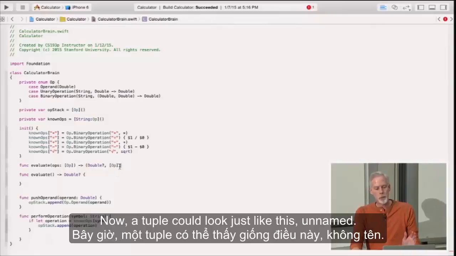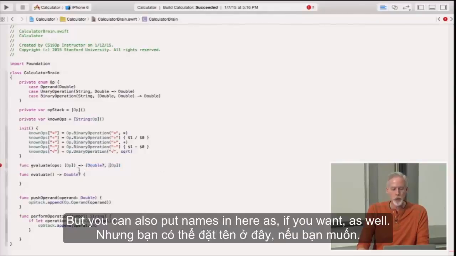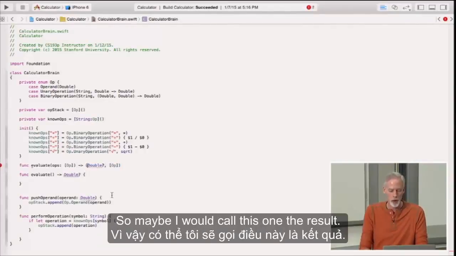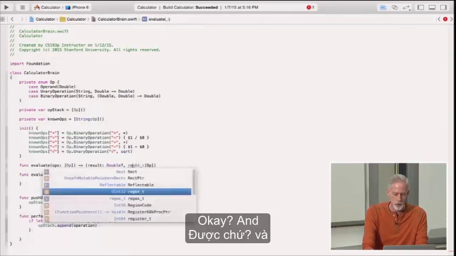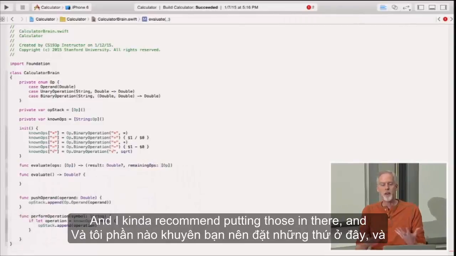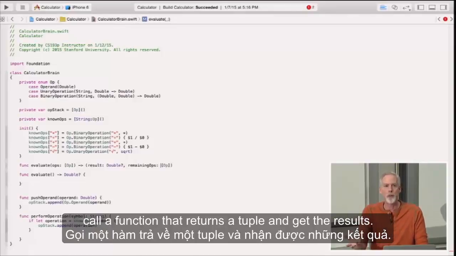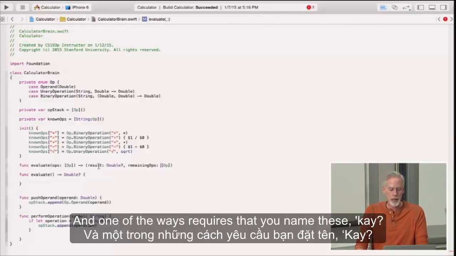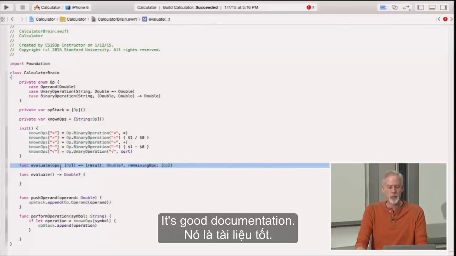Now, a tuple can look just like this, unnamed. You see how these things are not named, each of these things in here? But you can also put names in here if you want as well. So maybe I would call this one the result. Okay, and I would call this one remainingOps. I kind of recommend putting those in there, and you'll see why in a second, because there's two ways to call a function that returns a tuple and get the results. And one of the ways requires that you name these. So it doesn't hurt to name them. You might as well. It's good documentation. Someone looking